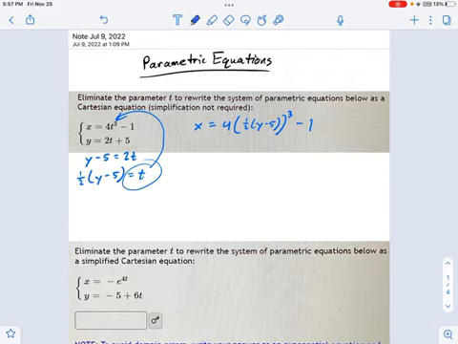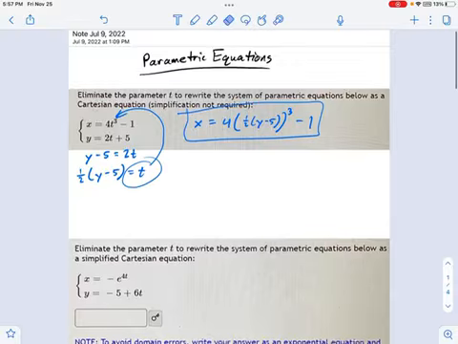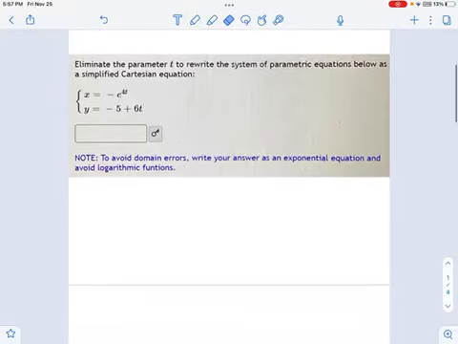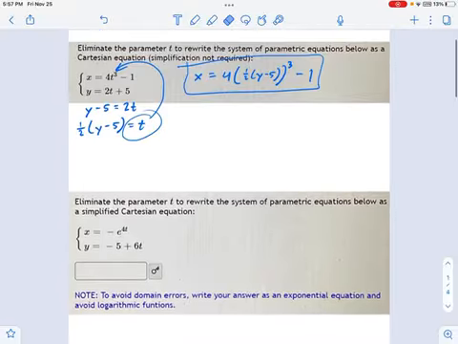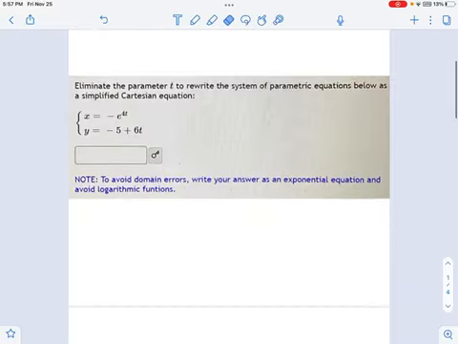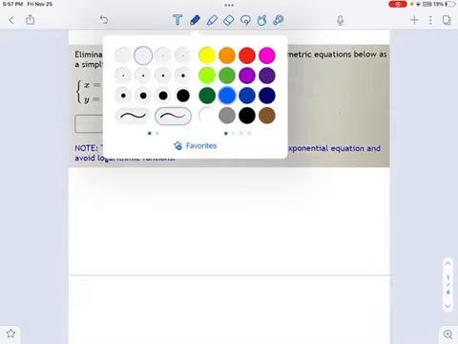It's some equation of x in terms of y. That's called eliminating the parameter t. See, there's no more t's anywhere in here. Goal achieved. Now, you have to be careful with this. You can't just do it willy-nilly. If you look at this one, in this last equation, I could have gotten t by itself using the y equation or using the x equation, and then substituting one into the other. It wouldn't matter. But in this one, it does matter. And if you're getting it wrong and you don't know why, well, maybe this is what's going on.